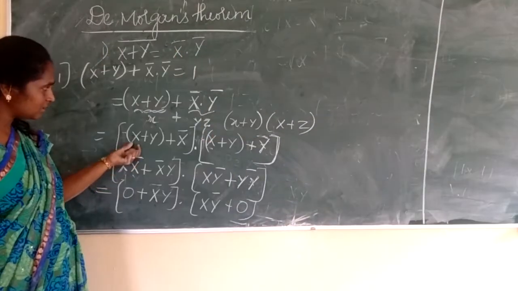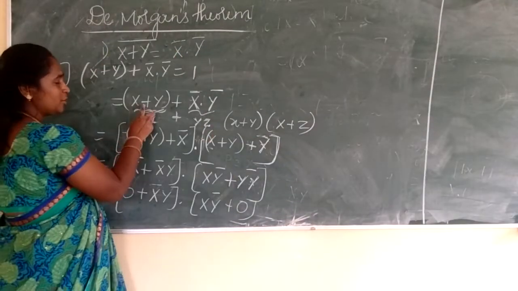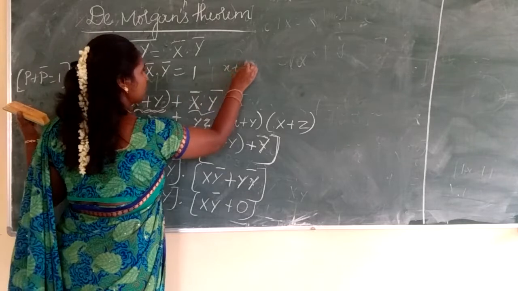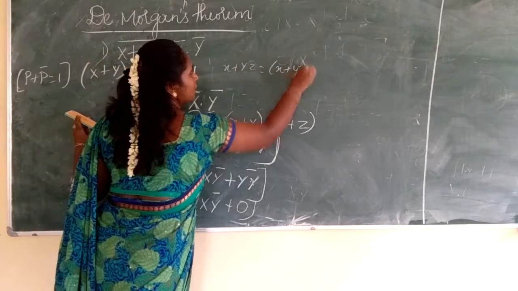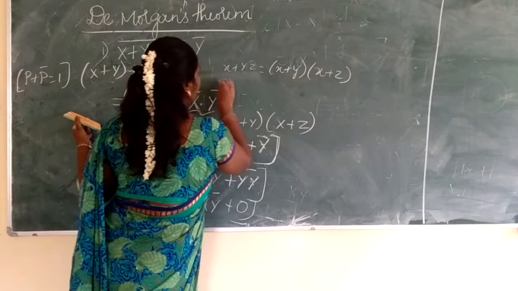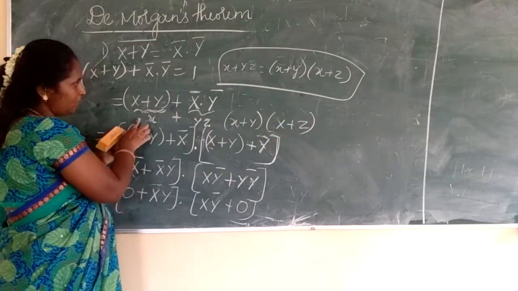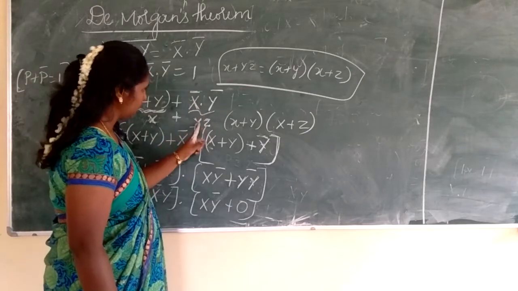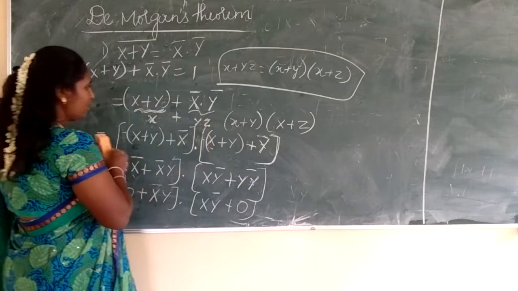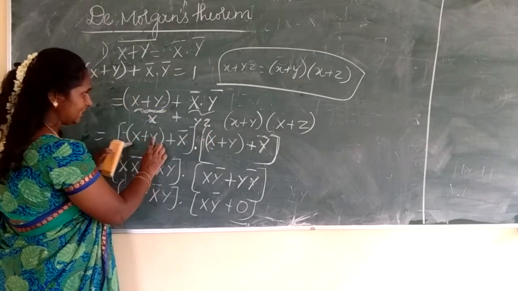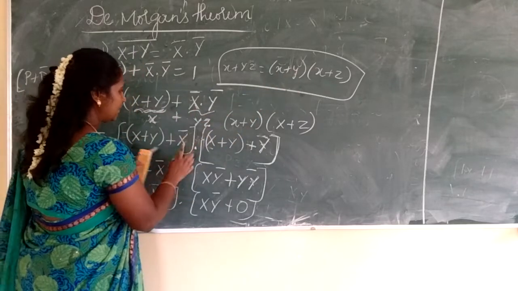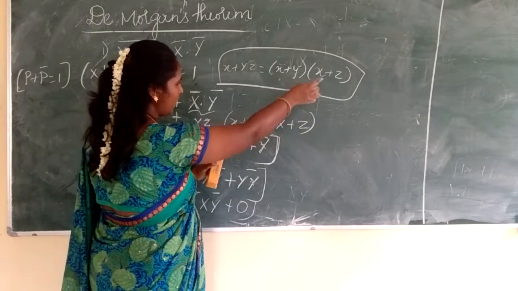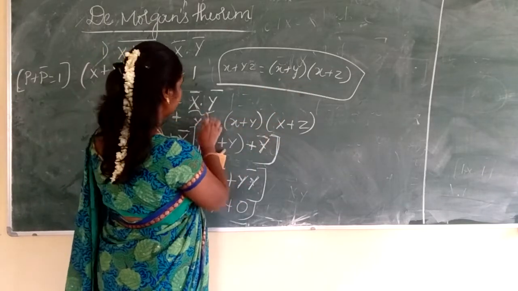Now listen students here. So I am using a distributive law on x plus y plus x bar y bar. I have used a distributive law, x plus yz is equal to (x plus y) into (x plus z). This is my rule in your distributive law. I am applying the same rule, considering this as my x and this is my yz, that is x bar becomes y, bar becomes z. So I am grouping this one, x plus y as it is. What's my y here? It is x bar into x plus y as it is. Then what's my z here? It is nothing but y bar.